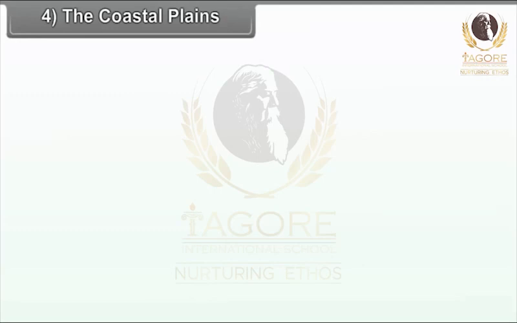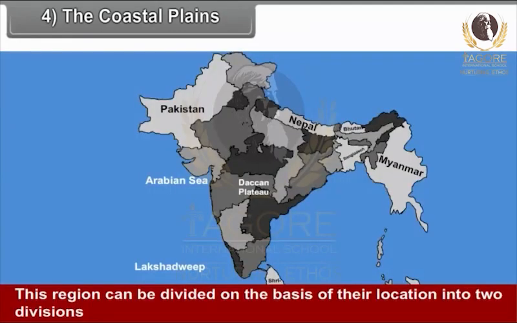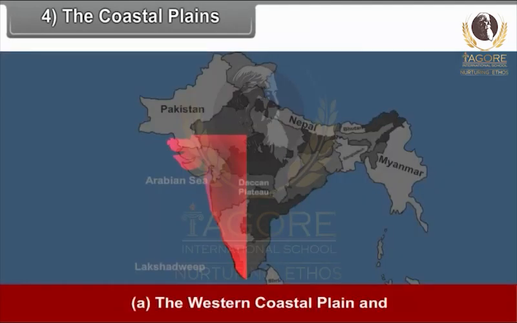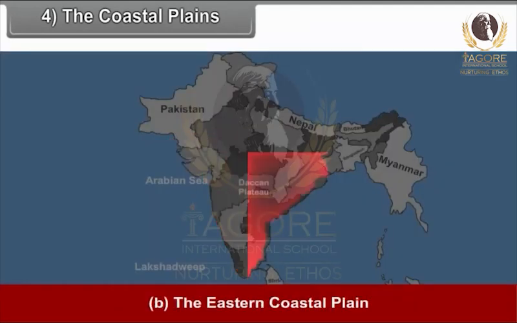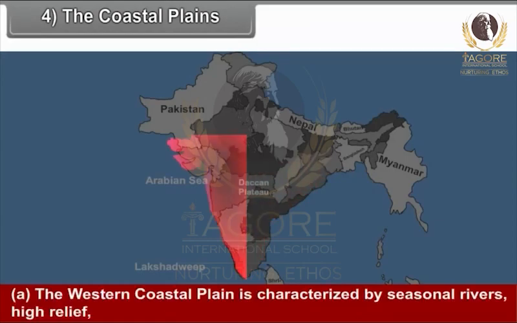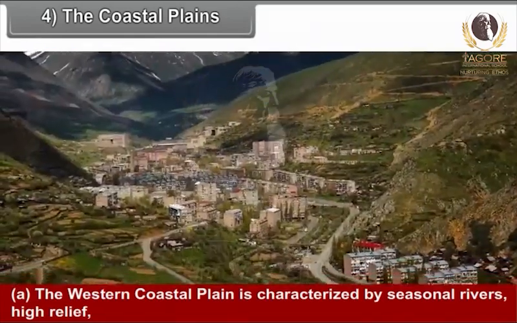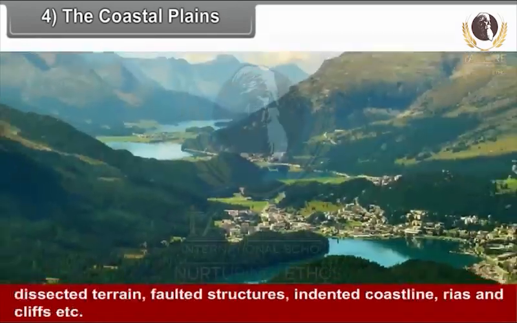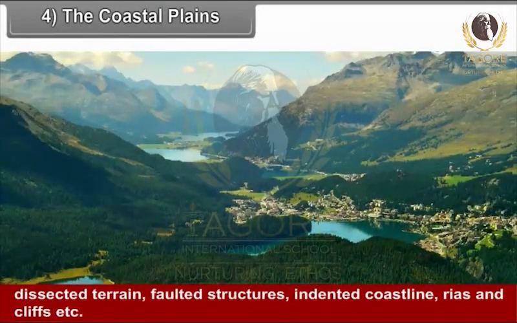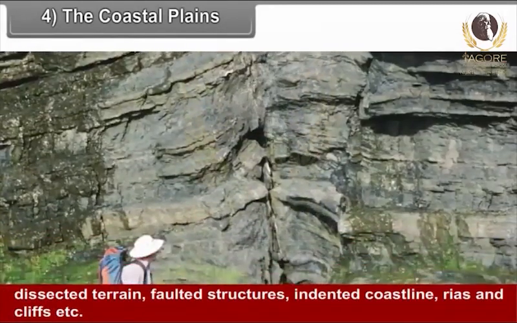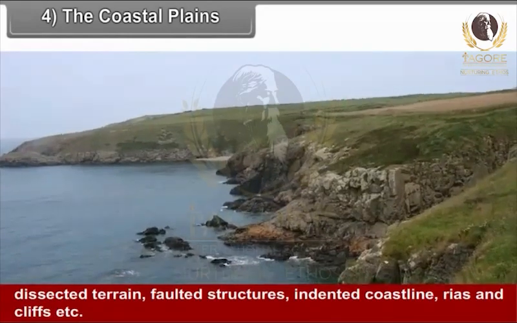4. The coastal plains. This region can be divided on the basis of their location into two divisions: the western coastal plain and the eastern coastal plain. The western coastal plain is characterized by seasonal rivers, high relief, dissected terrain, faulted structures, indented coastline,